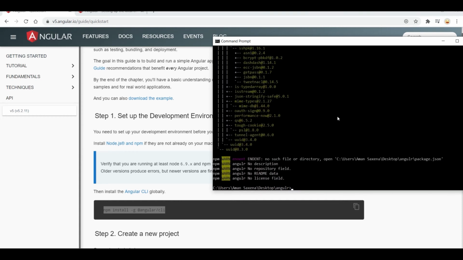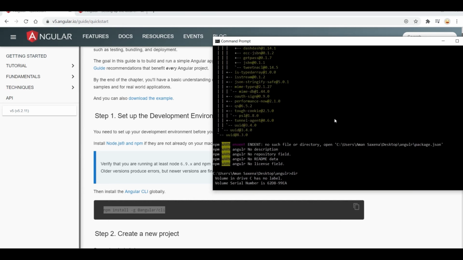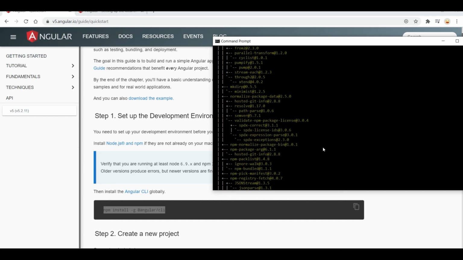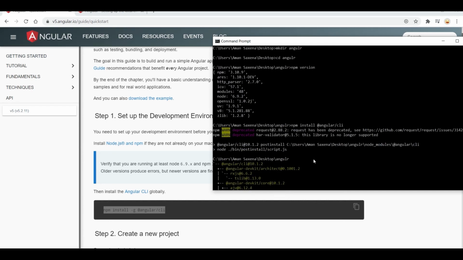No such file or directory such as package.json. So I hope it is clear that we need that minimum node version to install a particular Angular version application. So we cannot install Angular 10 over here, because when we use the command angular/cli, it was downloading the current stable version of Angular, which is 10.x something.